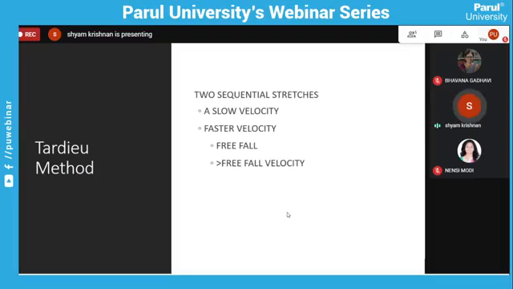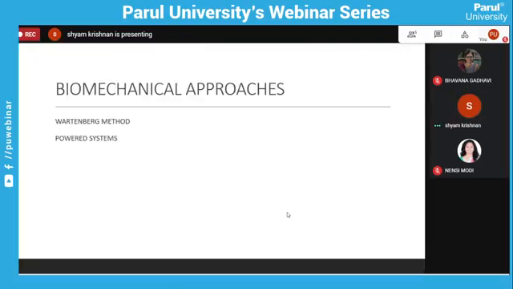If there is no difference in the manifestation of the resistance within the range, if it happens nearer to the actual physiological end range and is not altered by the velocity at which you are moving the limb, then it is not because of the neural phenomenon, but because of the connective tissue changes which have occurred. That is, it is because of the so-called tightness or contracture. That is what is responsible for the resistance offered to passive movement. So that is basically about the Tardieu scale, or how we assess using the Tardieu method. Now, the next is biomechanical approaches.